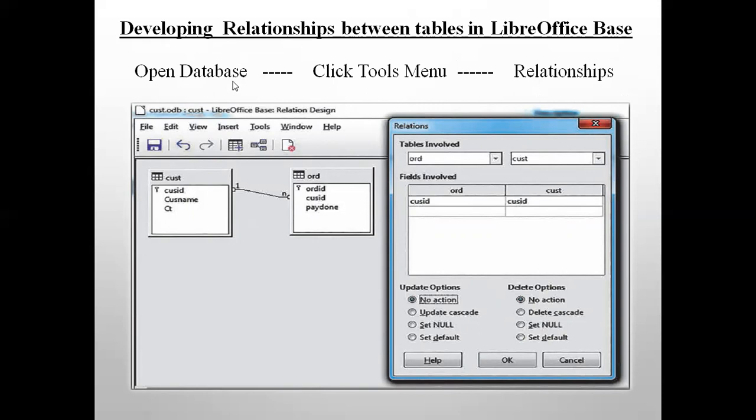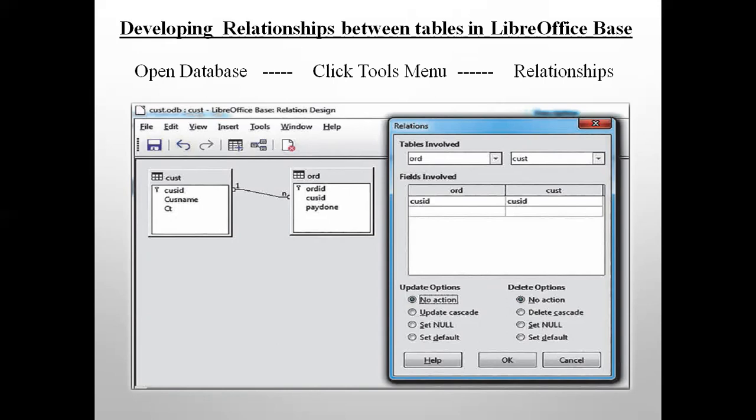So open the database, but close all the tables. After that, you have to create tables with one field common. When you are creating tables, one field should be common, which must be the primary key of the first table and having reference in another table, that is the foreign key. So this way you have to create the tables.